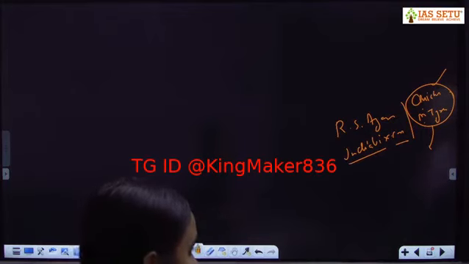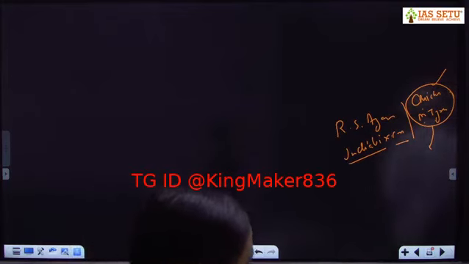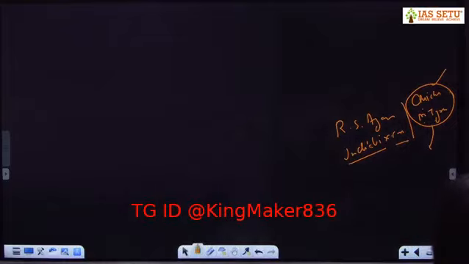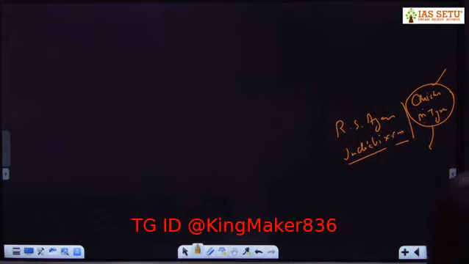सर, व्हेन प्लस 90, वी गेट रिमाइंडर 90 बाय 7, इंस्टेड ऑफ 5। मेरे को नहीं समझ में आया। आई हैव नॉट गॉट योर डाउट। हाँ जी,